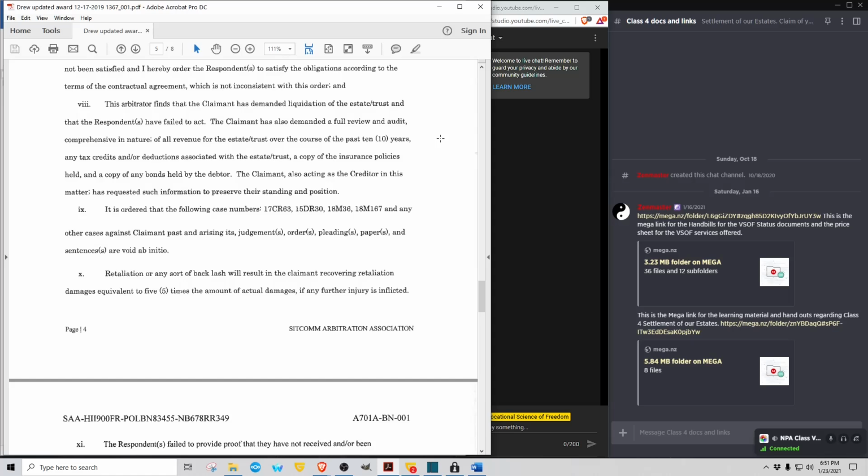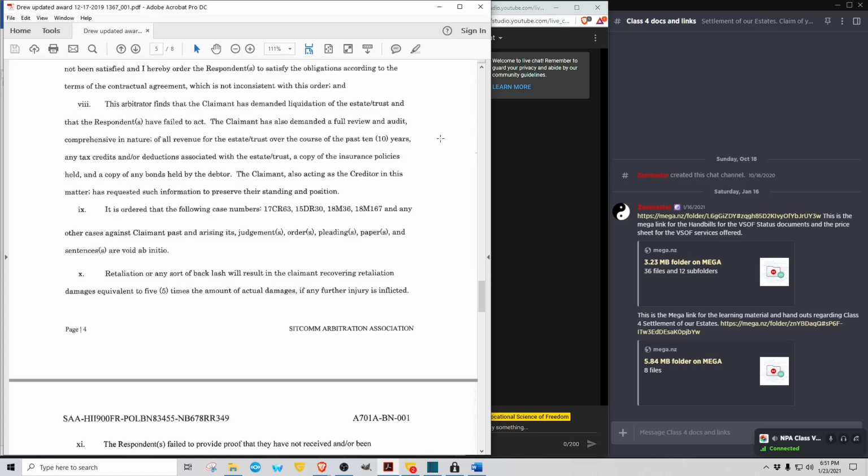Now, technically, that's not in the document. We technically say everything. It's a full accounting, but that's fine. I think it was something that the arbitrator put in for 10 years, and it might have to do something with IRS law. I don't know. We didn't argue that part of it. We're just like, fine, whatever.